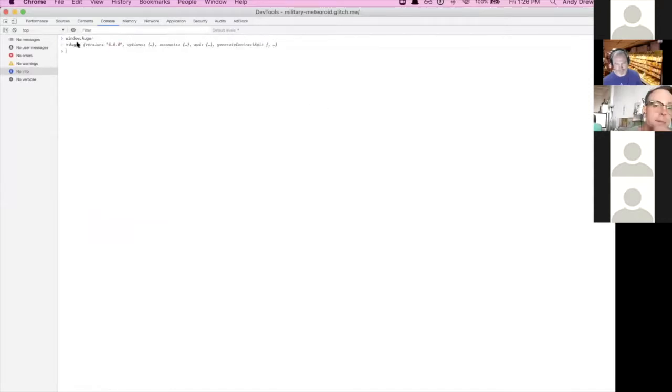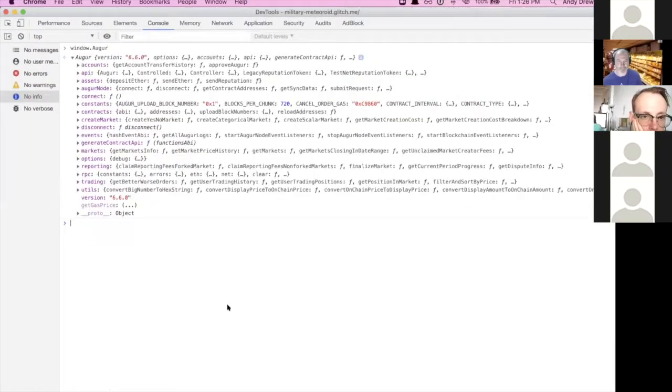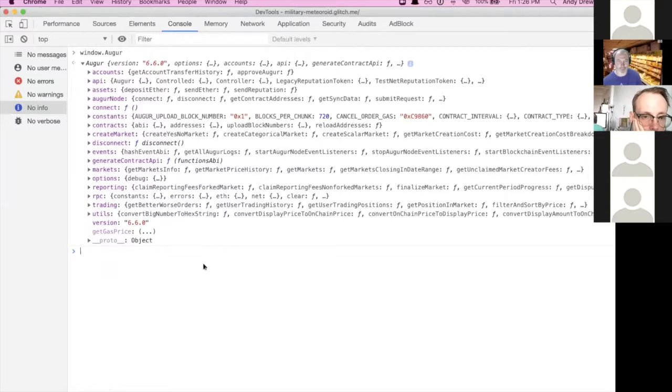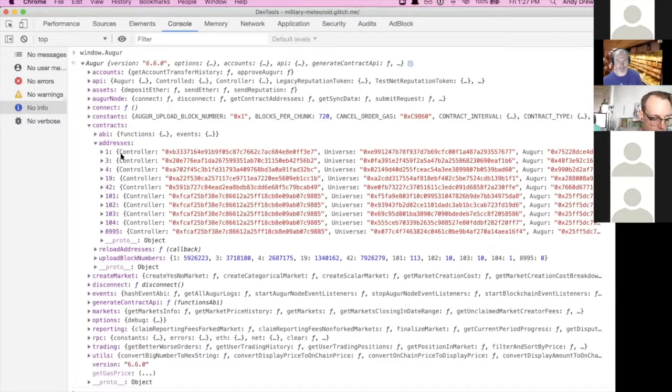If we expand it a bit, we have a lot of interesting information in here. Let me just, in case this is hard to see, call out a few things. One of them, right off the bat, is this contracts object. Within this, we have this addresses object, and within here we have all of these different network IDs and the contracts that relate to them. So this is really useful just if you need to know